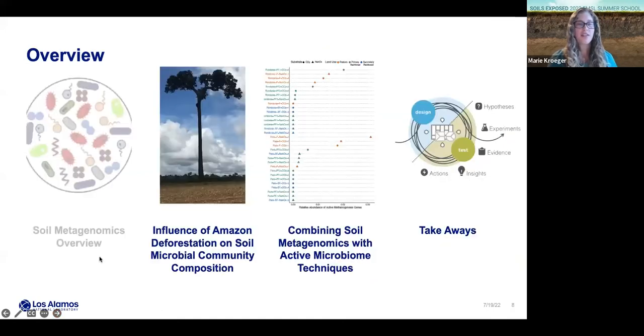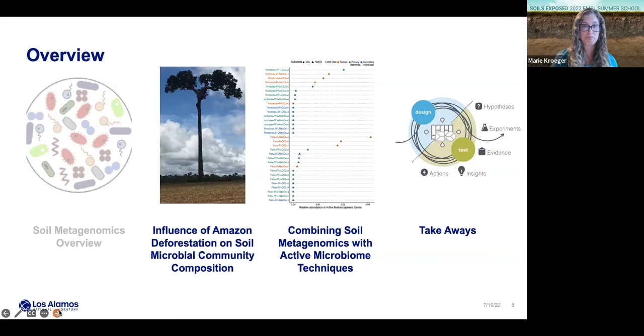So now that I've given a high level overview, and I know that some of the other speakers will go into a lot more detail about some of these factors, I want to talk to you about how I've applied metagenomics to my studies. The first one is just focused on metagenomes. And in the second study, I actually coupled this with stable isotope probing to get at that active fraction. So I'm going to talk to you about the influence of Amazon deforestation on the soil microbial community composition